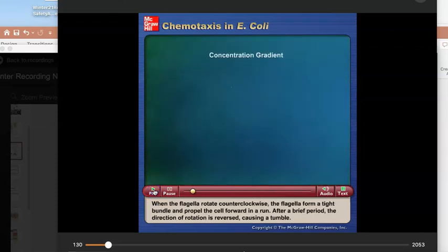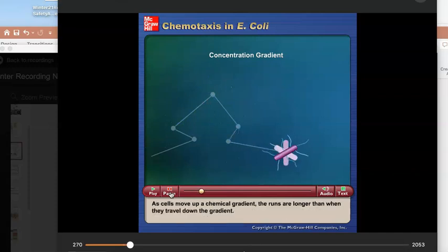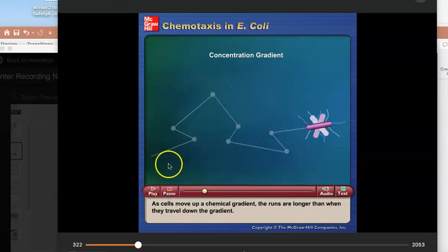But in this next cartoon image, you see the microbe tumbling and running, but the frequency of runs to tumbles has increased so that the microbe is actually going somewhere in a particular direction. It's not perfect, it's not an exact straight line, but the microbe has gone from here to here. And in the process of doing that, has moved a little bit, tumbled a little bit, and what it's doing